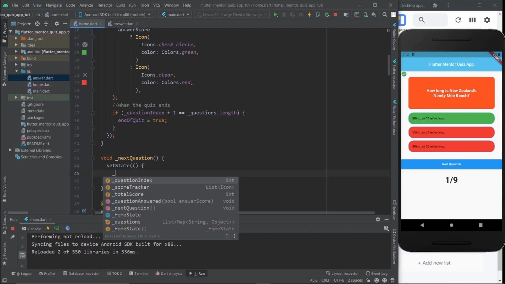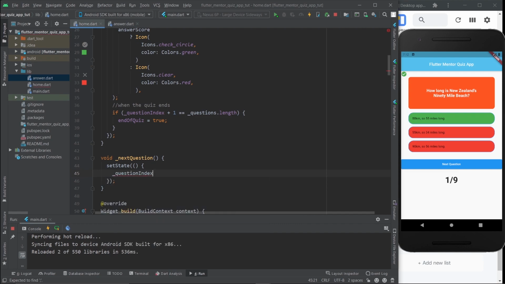The first thing we're going to do is grab the question index, because remember, the question index is what defines which question is being displayed along with the answers. And once again, we're going to give it ++. Just by doing this, if I hit the save button, we can already go on to the next question. However, as you can see, once you go to the next question, it already tells you which one is correct or wrong. And that would make this the worst quiz in the world. So this is definitely not what we want at all.